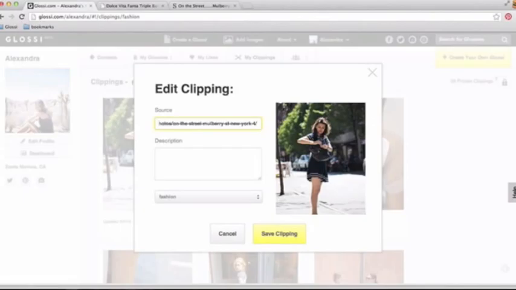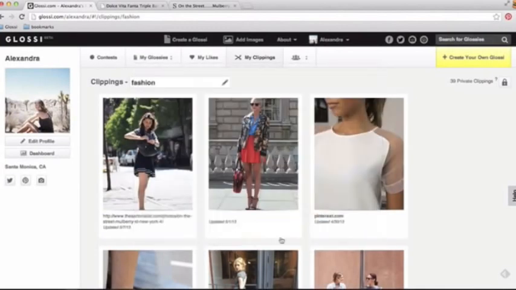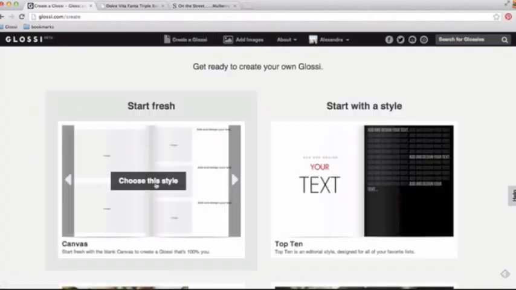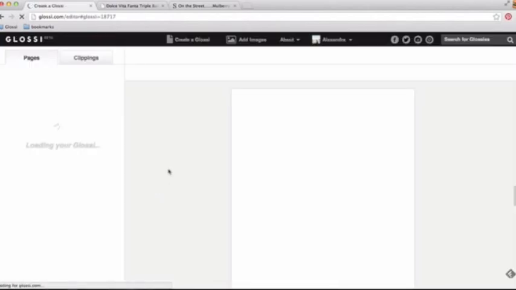Now, the reason for doing this is anything from building a more engaging, glossy experience for your readers to assigning photo credit to the original photographer or blogger. So, number of different uses, and it's nice to have this option. As soon as you've pasted your source into this field, hit Save Clipping, and you'll notice that the link now appears beneath it. So, how this works is when you go to create a glossy and you pop this image into it,